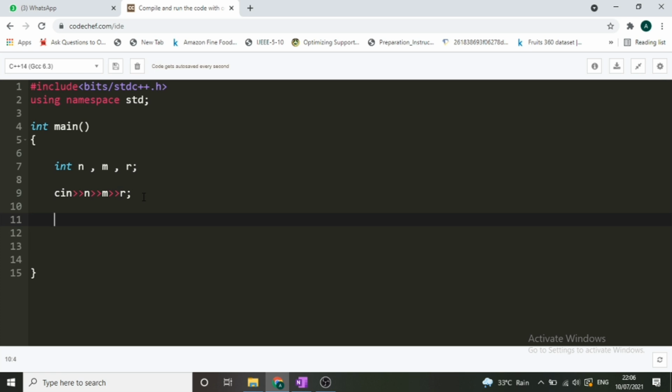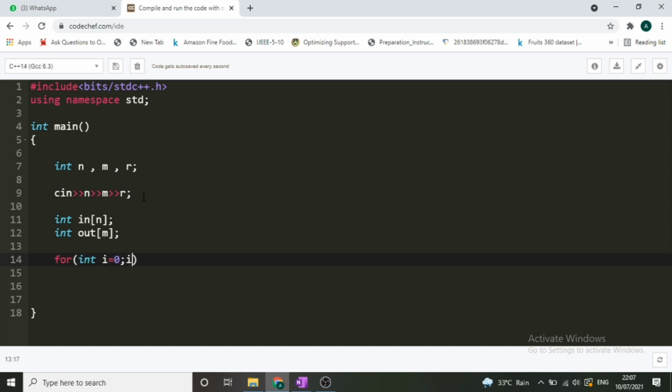Now we will have to form two arrays. The first array will contain the rated capacity of incoming pipes, and the second array will contain the rated capacity of the outgoing pipes. Let's just declare two arrays. The first array name should be incoming, or you can say in, and the size will be n. The second array declared will be outgoing, you can say out, and the size will be m. So let's take the values as input in these arrays.